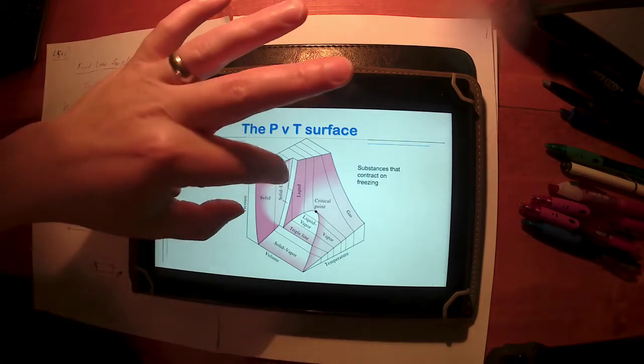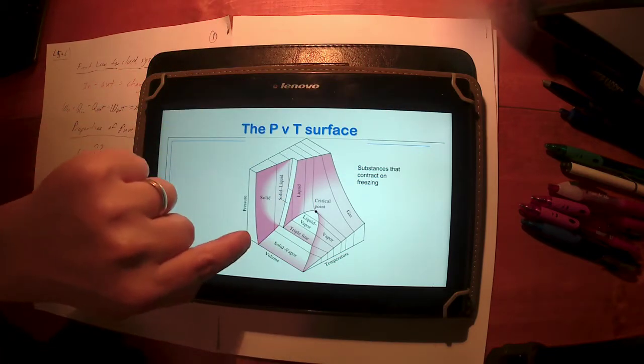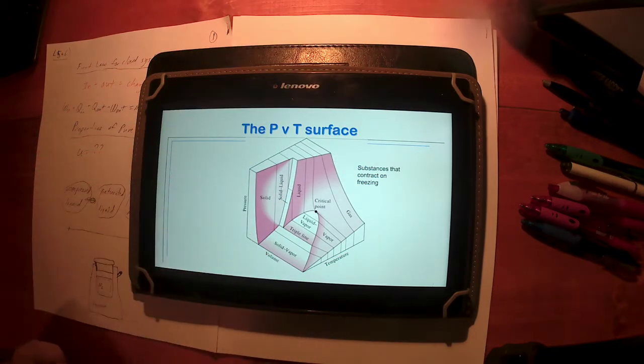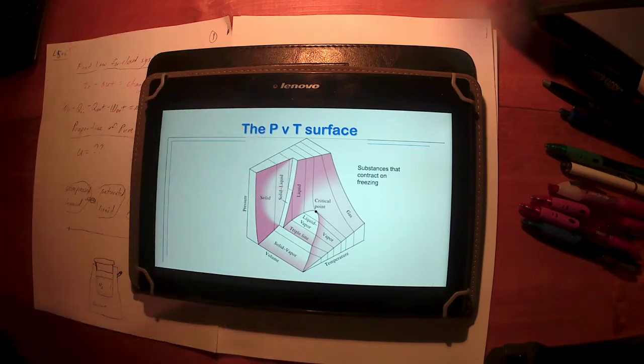For water, this region here would kind of push out a little bit. It would move up into the higher volume region. Surfaces that contract on freezing, this area kind of recedes back in. But